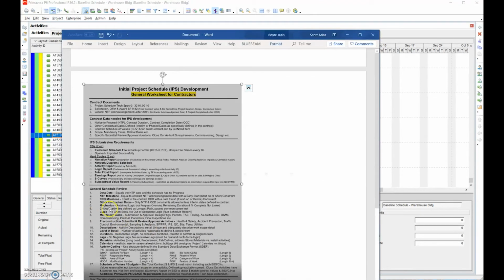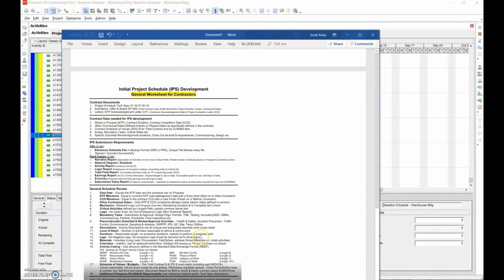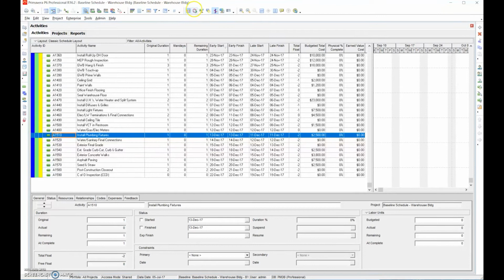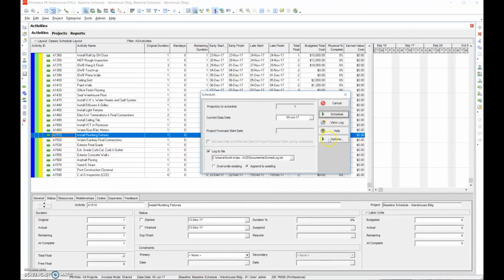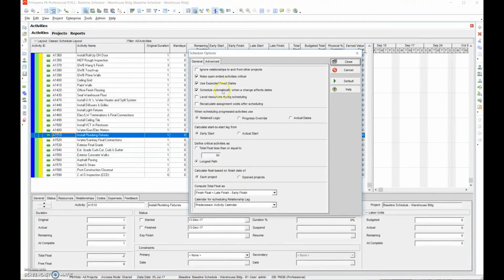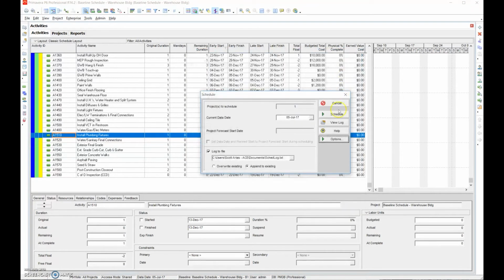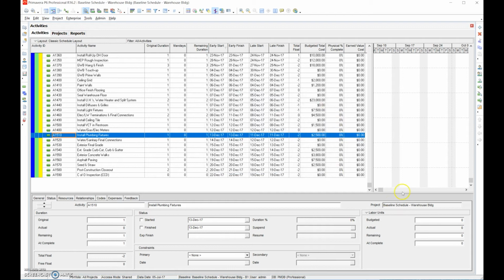The critical activities define the longest path. Does it make sense? So then we go through and make sure that the critical path is the longest path. We go to the options, and we have it as the longest path. We hit schedule, and then